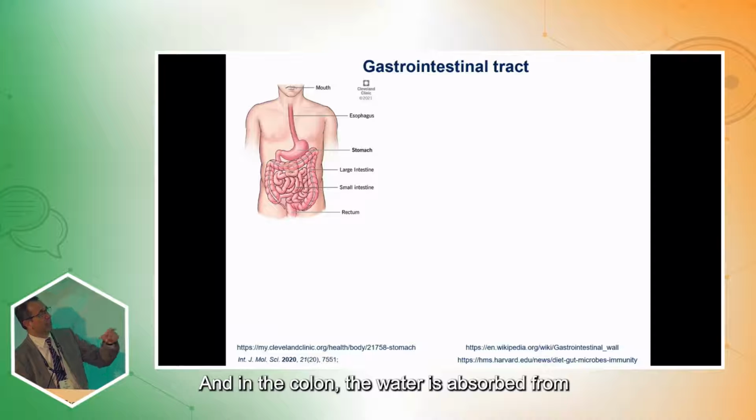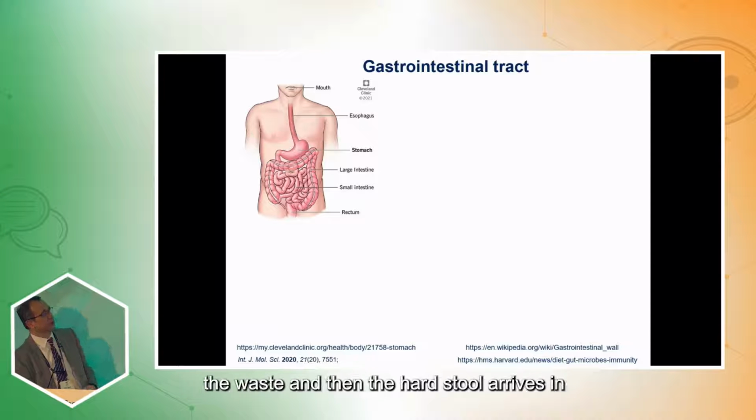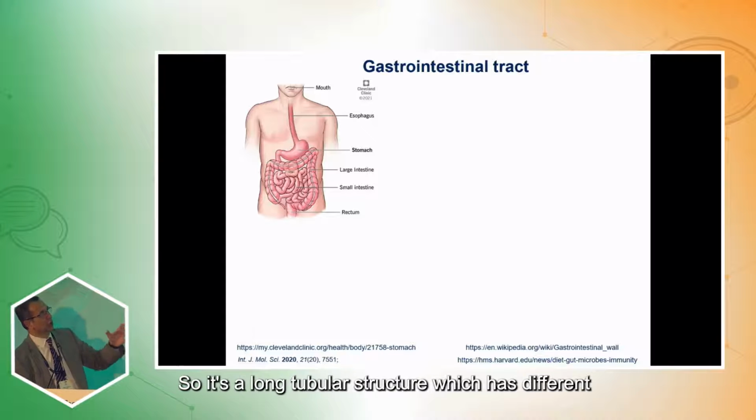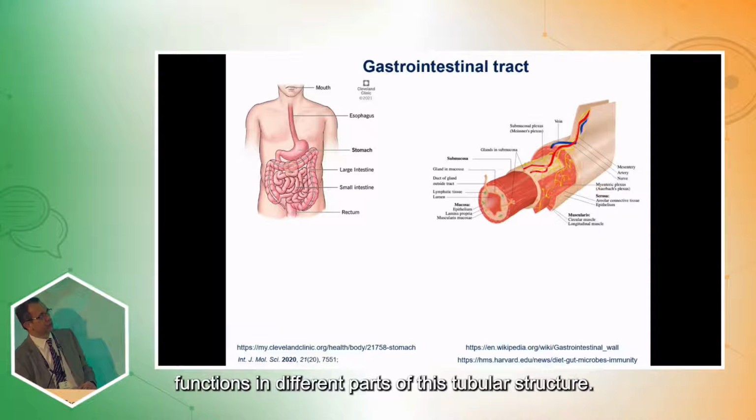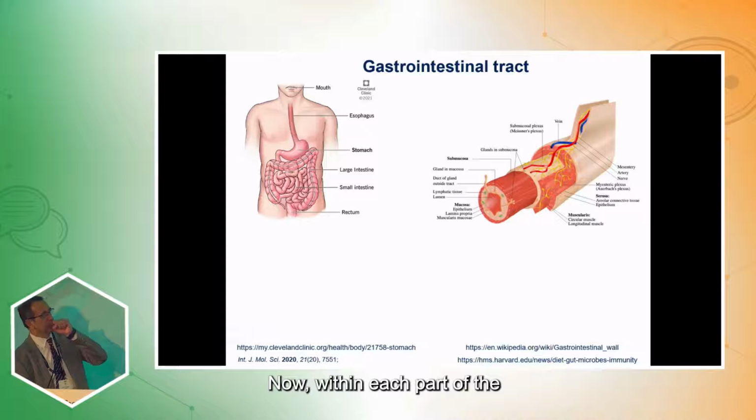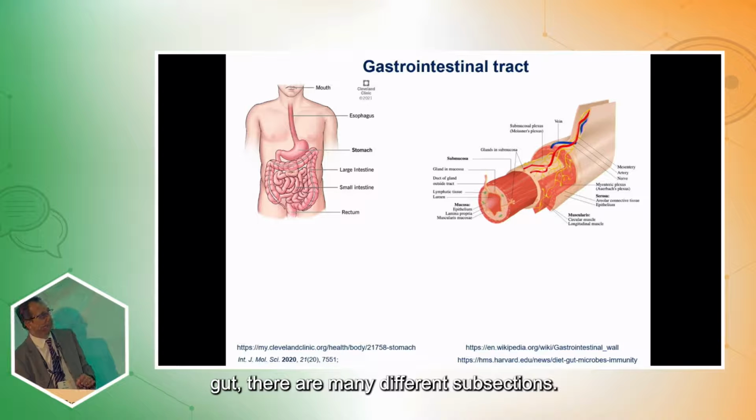In the colon, the water is absorbed from the waste, and then the hard stool arrives in the rectum to be evacuated. So it's a long tubular structure which has different functions in different parts of it. Now, within each part of the gut, there are many different